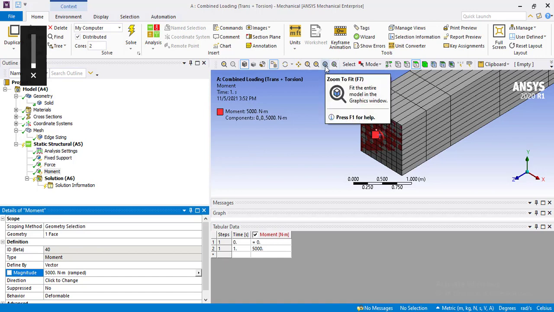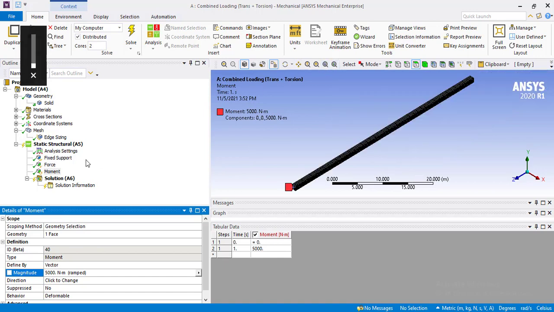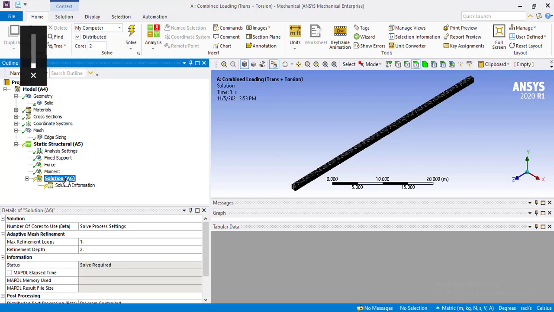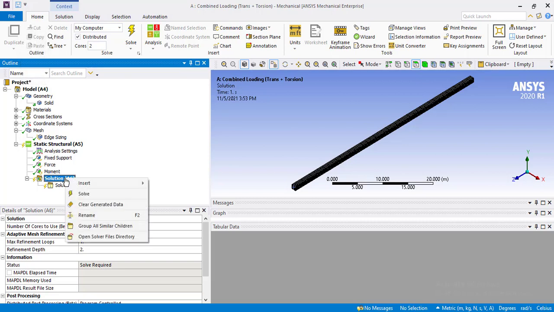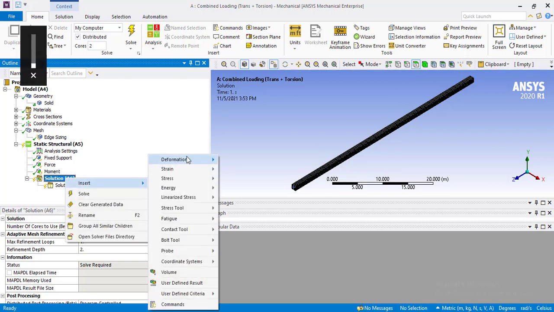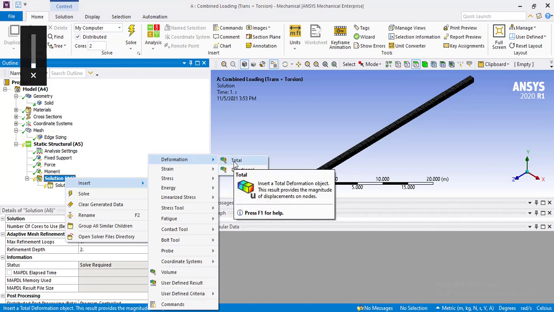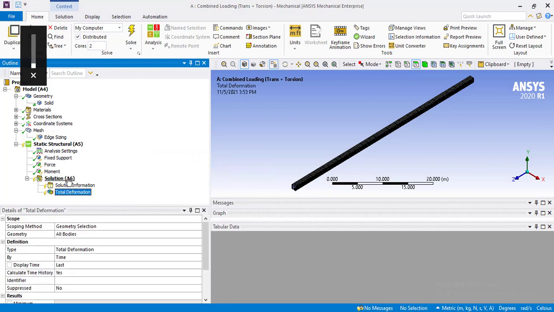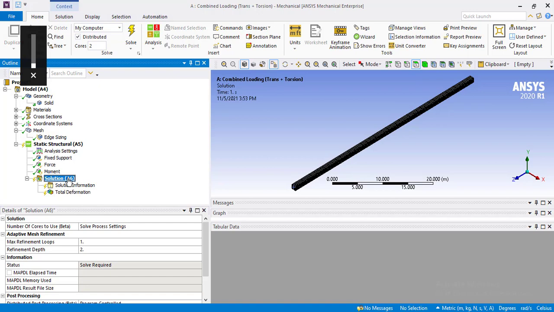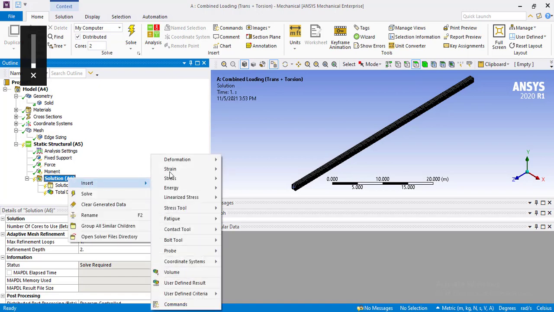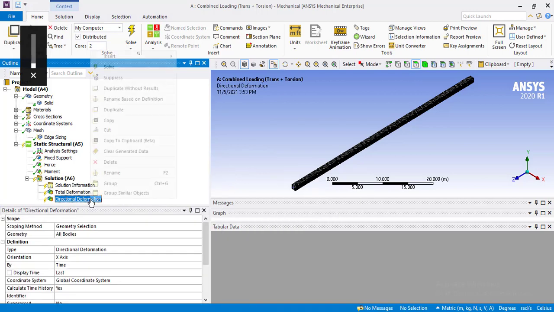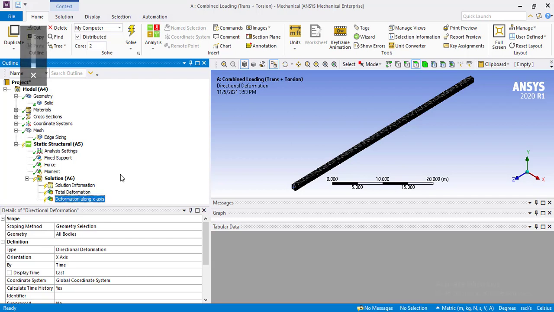Kindly zoom to fit and then insert the solutions one by one. Right click on the solution, select insert, deformation, total. Then right click again on the solution tab, select insert, deformation, directional, rename it to deformation along x axis and press enter.